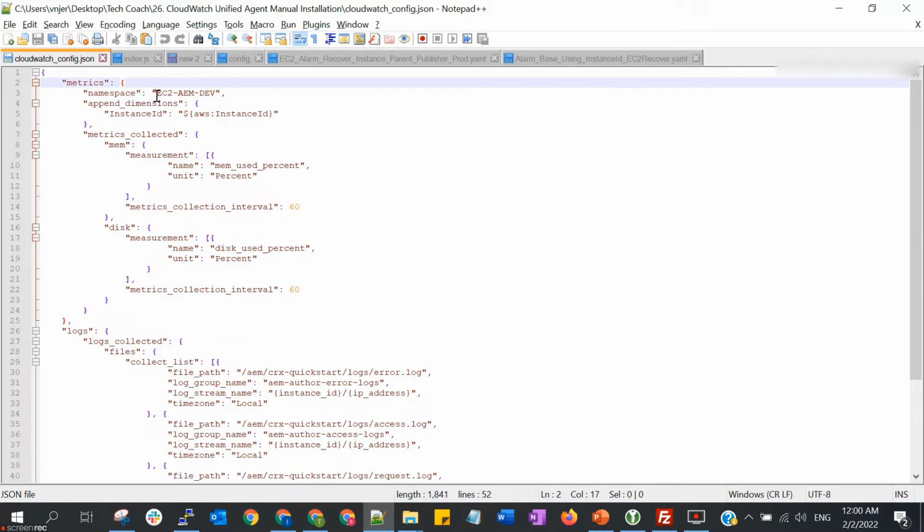This sample config file is basically pushing the memory used percentage, which is a custom metric from your EC2 instance, and also this utilization.